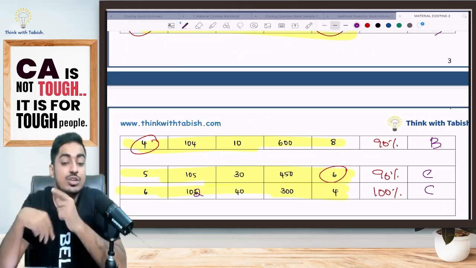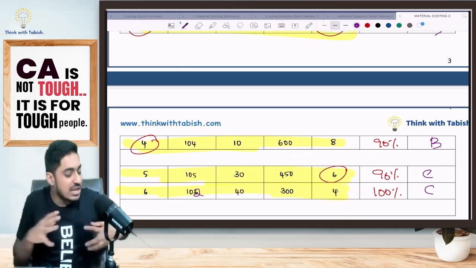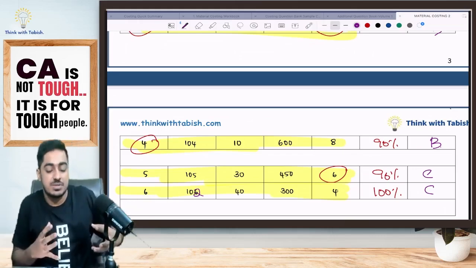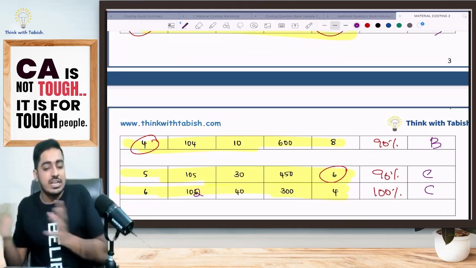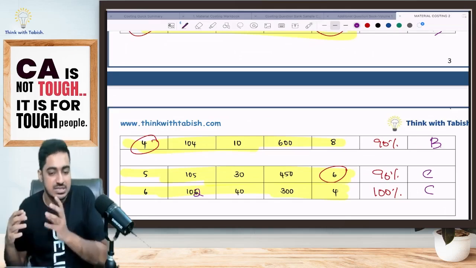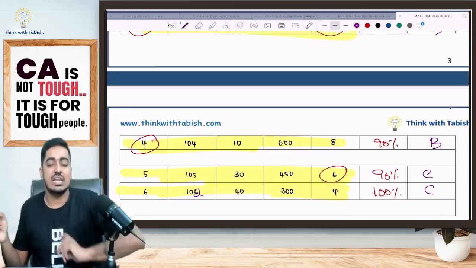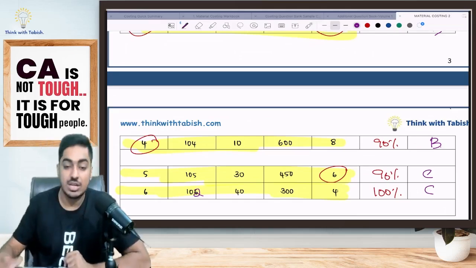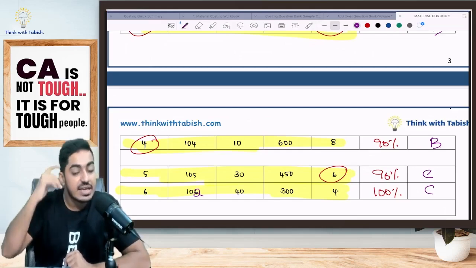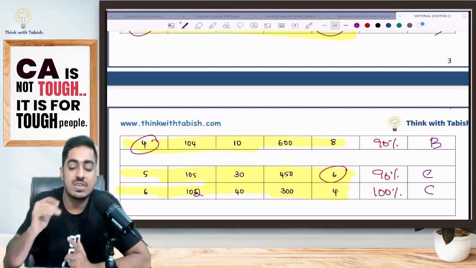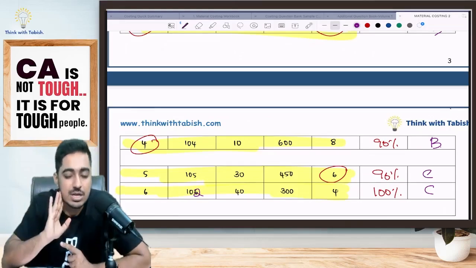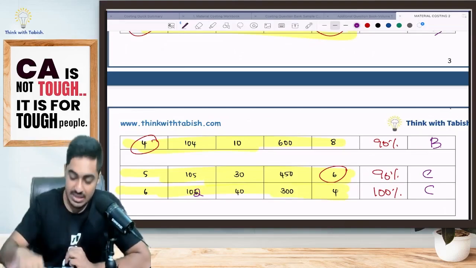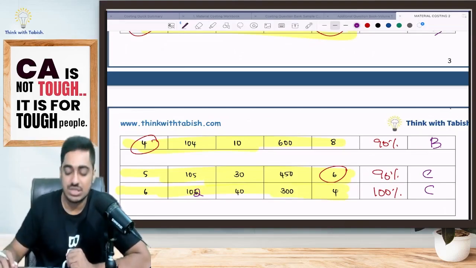Then I will calculate cumulative percentage, because the items with the highest value, up to 70%, I will call A category. 70 to 90%, the next 20%, I will call B category. The balance, I will call C category. Is this clear? Now, this number of 70, 90, 100, it is not necessary that it should reach exactly 70. It can be 69 also. It can be 72 also. 74 also. More or less, slightly up or down is possible. Is this clear, everyone? Yes or no?